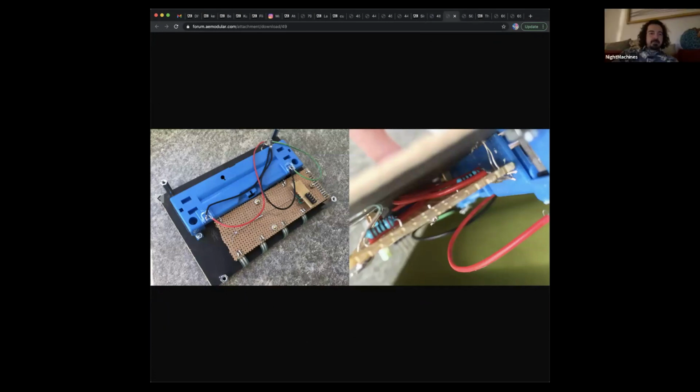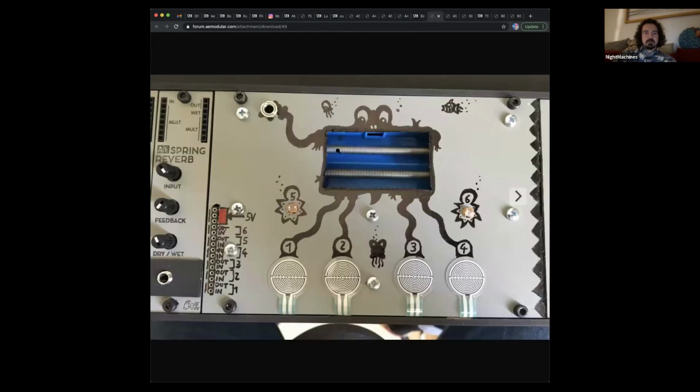The problem with this, though, is that it has different impedances. So it doesn't match with what the spring reverb module, the receiver, or the interface for the spring reverb tank on an A modular expects, because it's made for the bigger tanks. So my sound is really quiet coming out of that small spring tank because the impedances are higher, I think. I'm not sure about impedances really, but I need to boost the signal quite a lot to hear the reverb. But it was a very cool experiment, and because I cut a little hole in the front panel